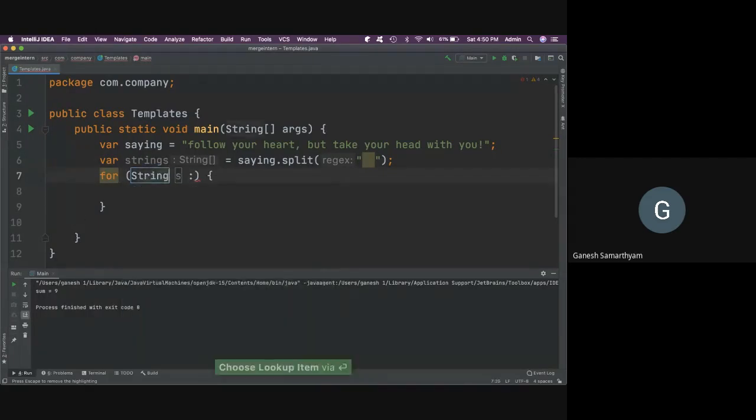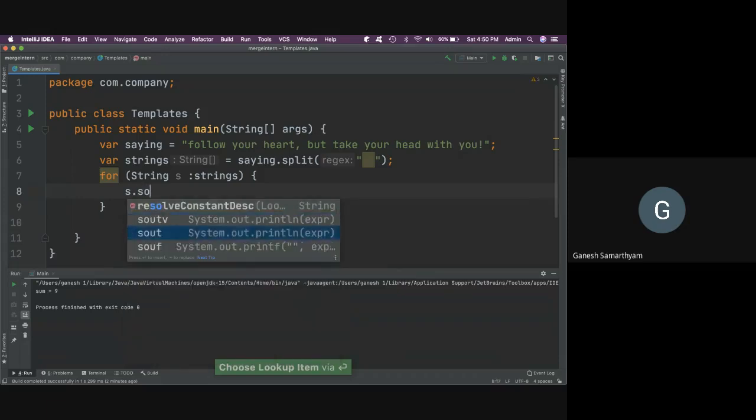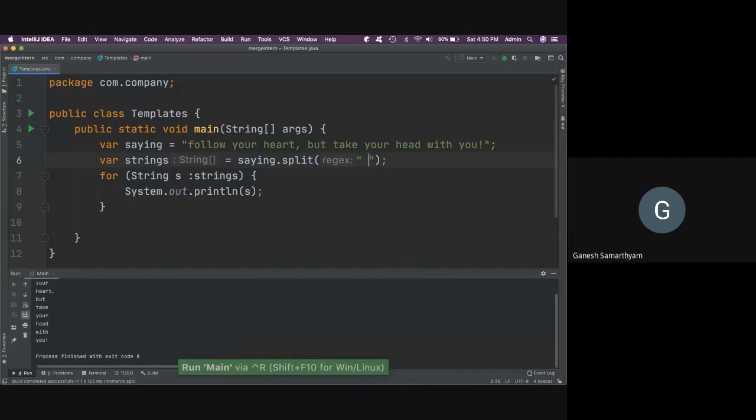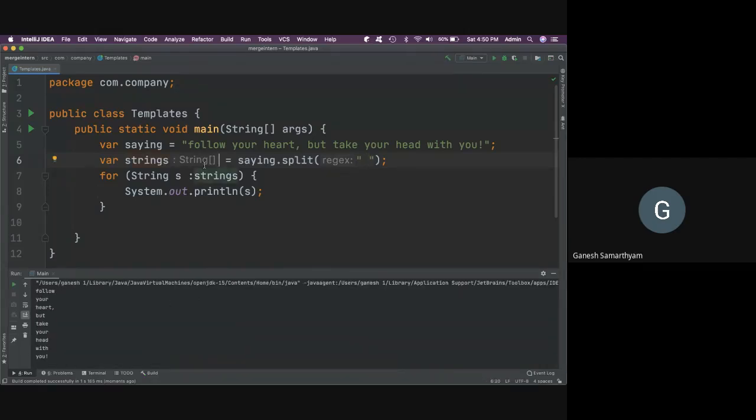Strings, yes, is strings, and s dot s out. So this should traverse the array. We made some mistake here. Okay. So we're able to split the word and we're able to traverse over it.